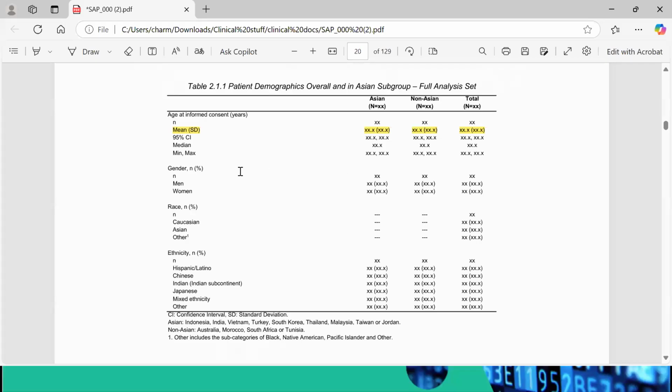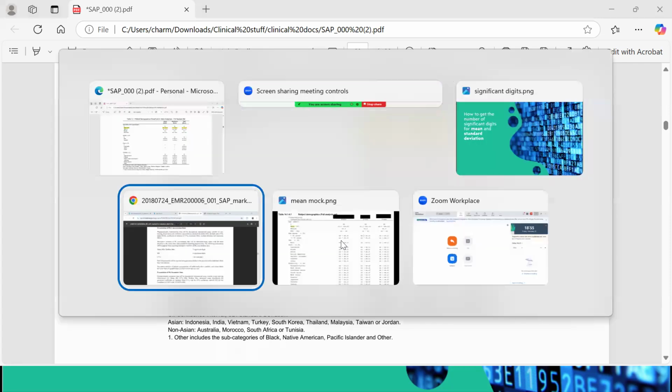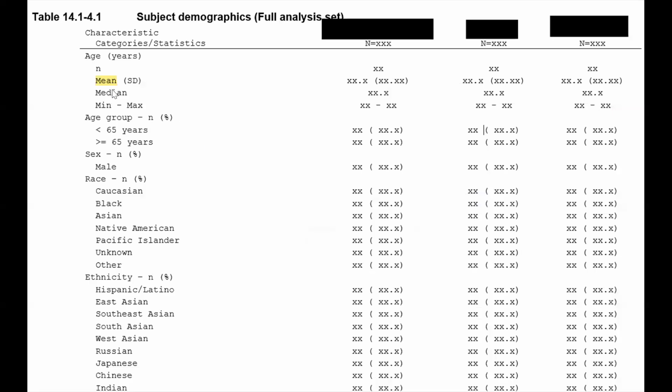Right now I'm showing you an example of the demographics table where we are displaying the mean and standard deviation statistics for age. In this study, in this mock shell, it is shown that for mean, you have to display one decimal value, and for SD, the standard deviation, you have to display one decimal value as well. However, if we see the same table in another study, you will see that in this mock shell,